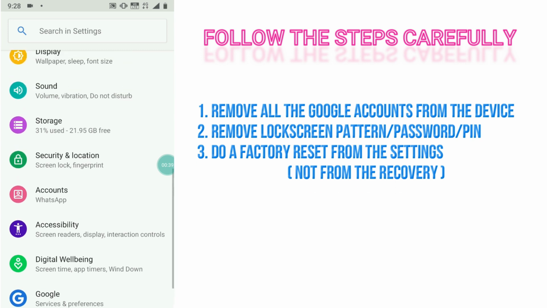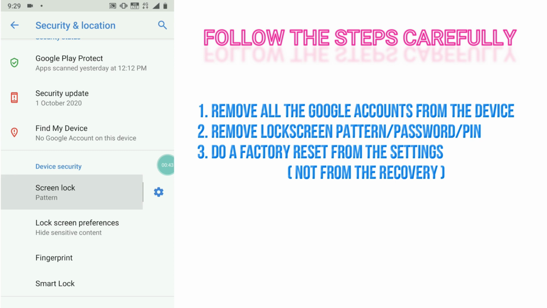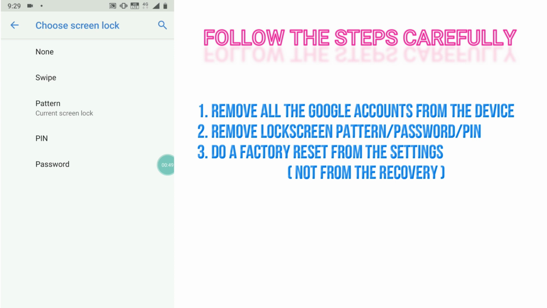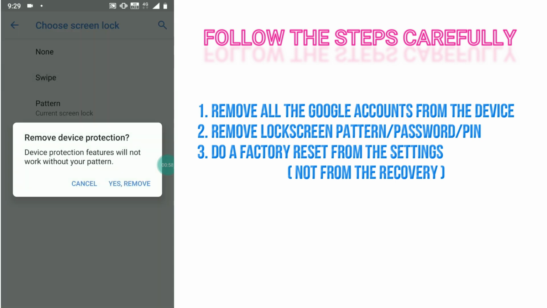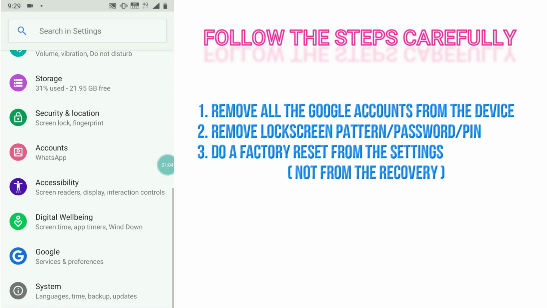remove your device security. That means your pattern, screen lock mainly. You can see that I have screen lock pattern currently. We have to set this to none or swipe. I'm willing to set it to swipe. So yes, remove, done. Now the last step is you have to go to system,